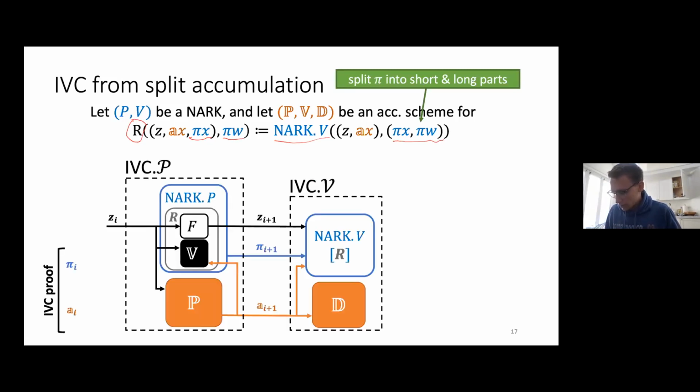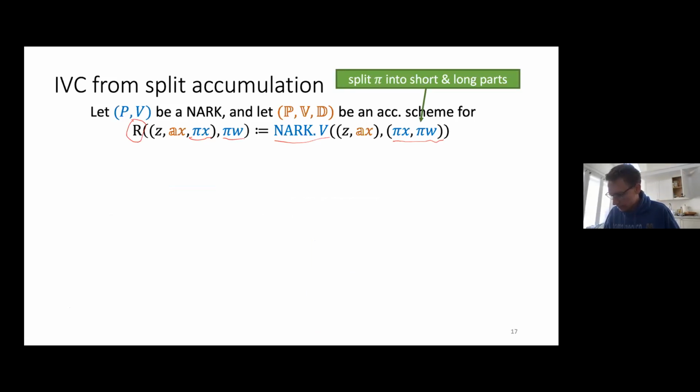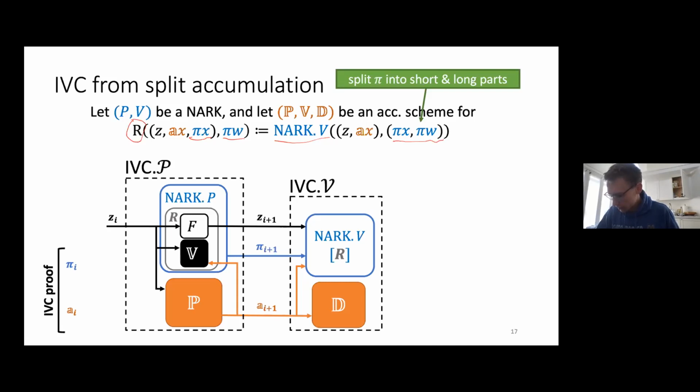So yeah, we need to split. The way that we now construct IVC from this is that we have our IVC proof, pi I, alpha I, and then we put this into our NARC prover. And now what is the recursive circuit that the NARC prover implements? Well, it simply implements the accumulation verifier, right? This is similar to how we constructed IVC from atomic accumulation, where,